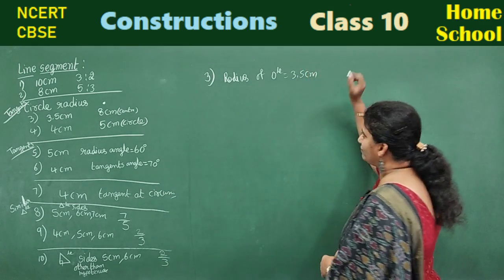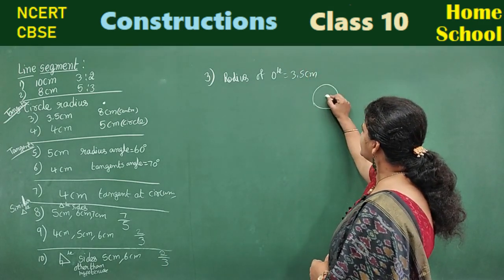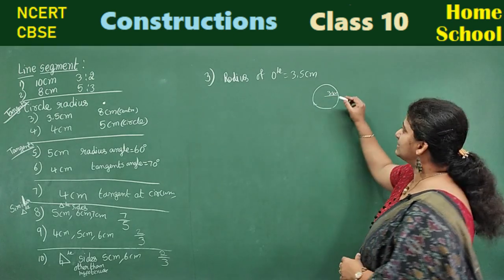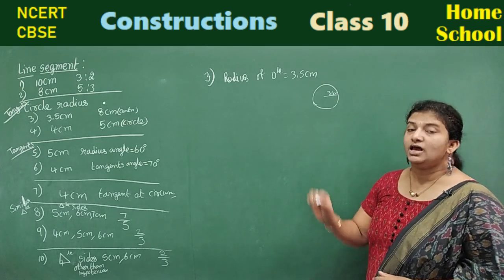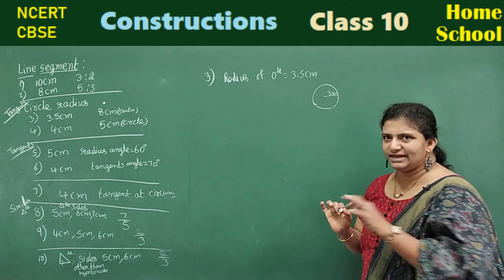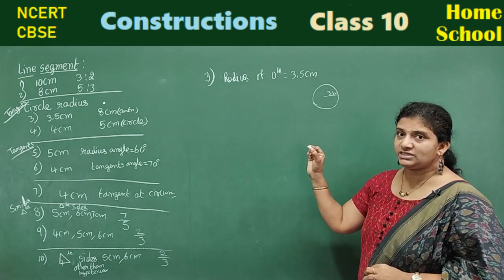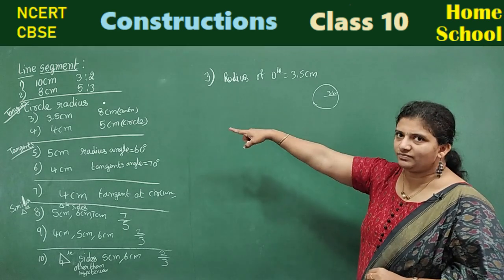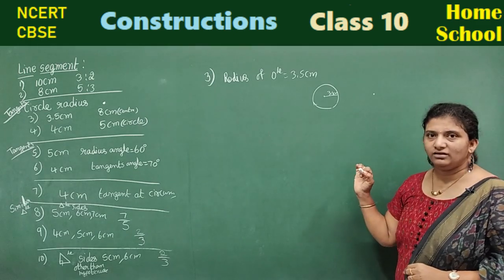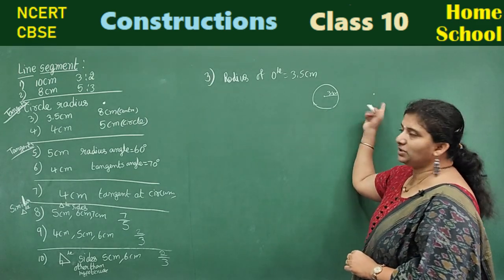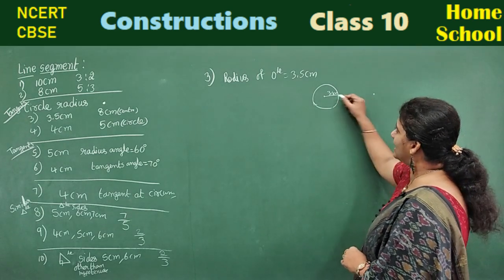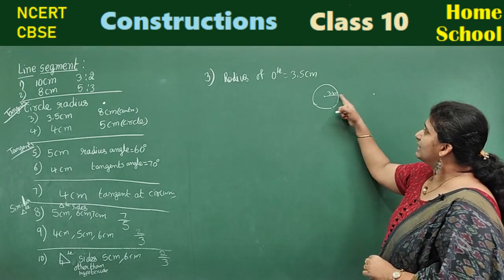So observe here, a rough figure first. The circle radius is 3.5 centimeters. This is the circle, and the circle radius is 3.5 centimeters. I am talking about the external point. How much distance is it? 8 centimeters from the center. From the center of the circle to somewhere here is the external point. From here to here is 8, so what is the length of this line? Then what will be this length here, children?